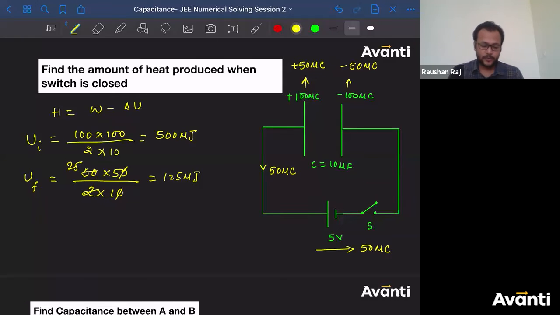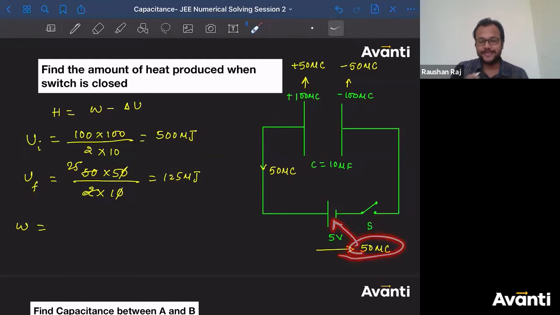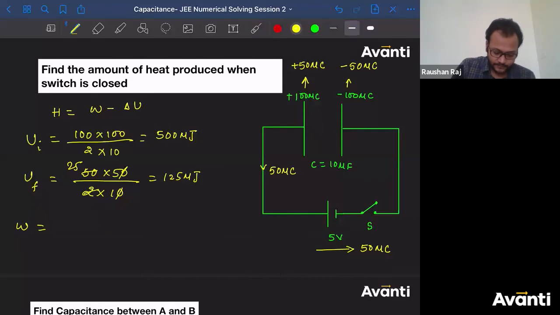All right, so tell me what is the work done. The first thing you can say, sir, this is a positive charge which is flowing from positive plate to negative plate. That means what will happen, this will do some work on the battery. Or secondly, बहुत आसान तरीका है और क्या, see what is the work done, what is the value of potential. So can I say work done will be written as Q into delta V.